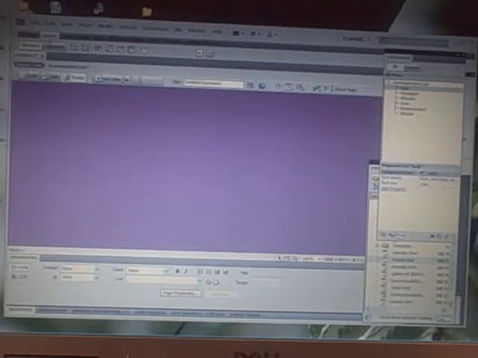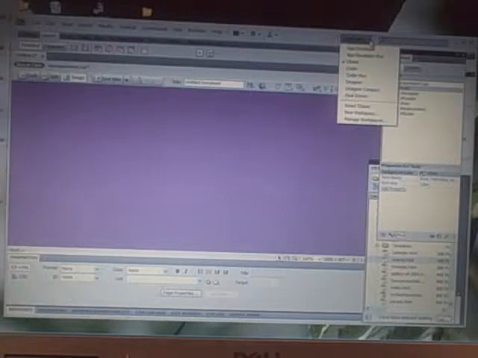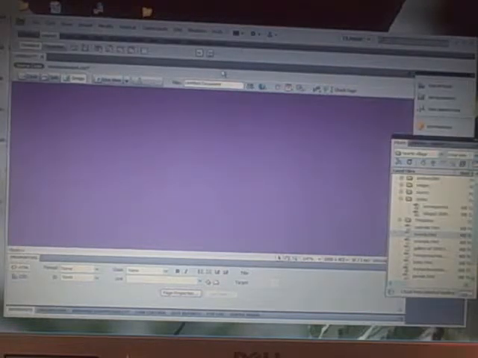Now, I've got my layout. Remember, I'm in classic workspace. That's why I can see things. Some of you actually, when your machine starts up, have designer or a different workspace set up. This is the one that I'm using,